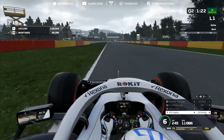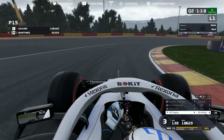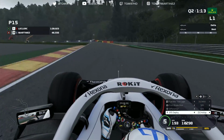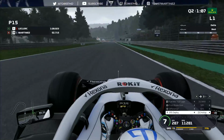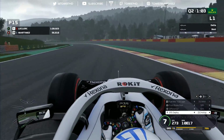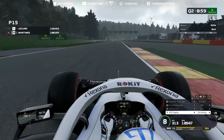Malmedy and using all the track available to us as we now go down the hill towards turn 8 at Ravage. Down a couple of gears here as the car does understeer a little bit through here, quite badly, especially for me. Now through turn 9 again, trying to carry the momentum, but the front end is struggling to really turn there. I'm losing a lot of time, I can really feel it as we now go down towards Pouan here. Going to drop it a gear, and again feeling a little bit of understeer, so we have to go off the gas a little bit more than I'd like as we now go flat out on the exit